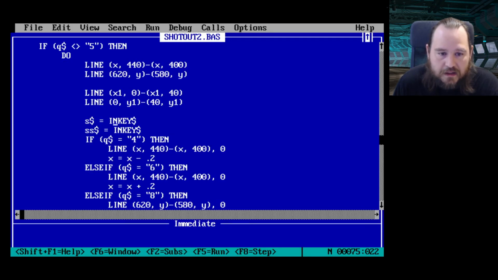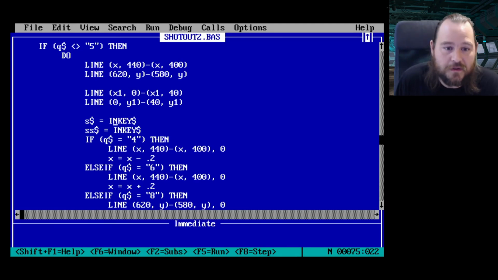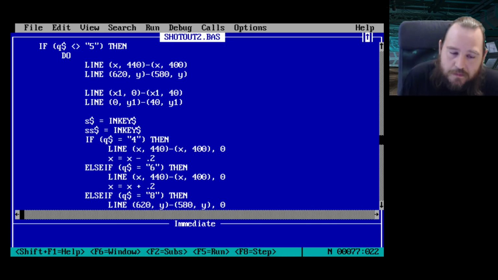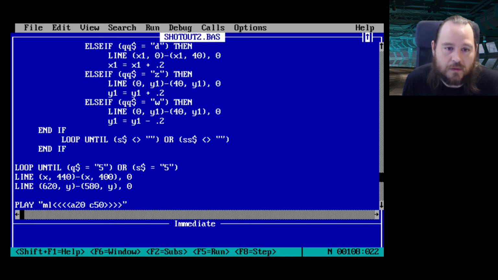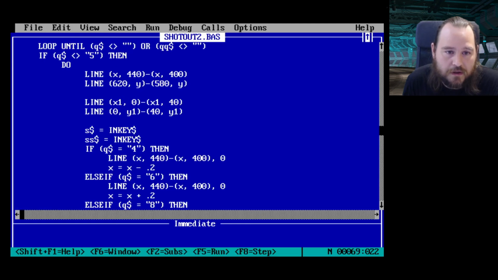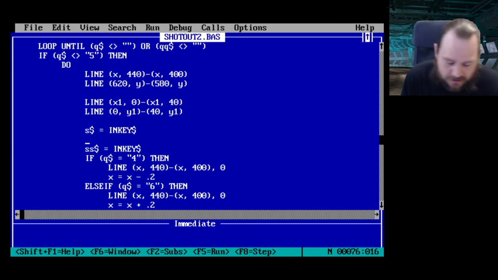And then you assign. If you didn't hit a button in between these two statements, which is almost no time at all, it'd be very hard to do. If you hit something here, then it would register, it would go all the way around the loop, go into the keyboard buffer, go all the way down, it would still be in the keyboard buffer, you go all the way up to the loop, and it would be assigned to S string. So you have in between these two statements,